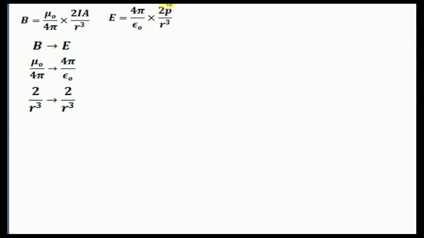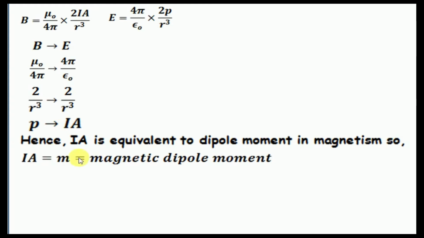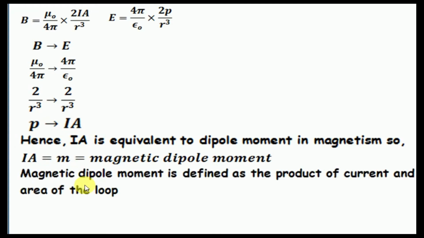So we are left with this Ia and p. They should be similar because the formulas are similar. So now this Ia is equivalent to the dipole moment in magnetism. So I can write Ia is equal to m, which is the magnetic dipole moment. So this product of current and the area of the loop is similar to that of the dipole moment in the